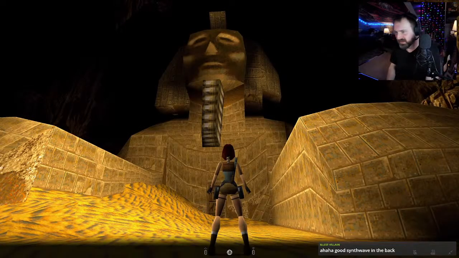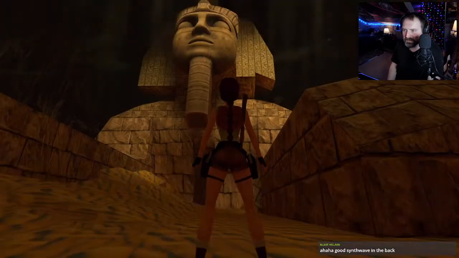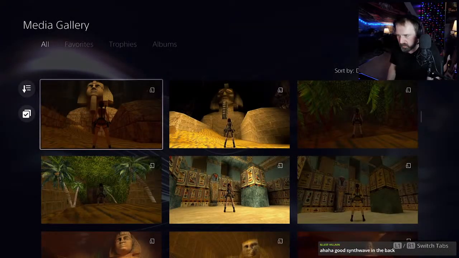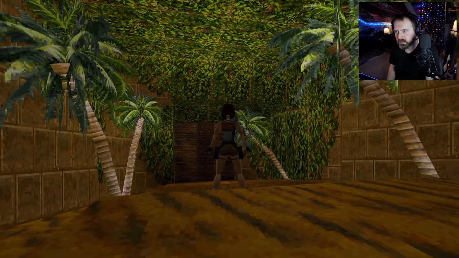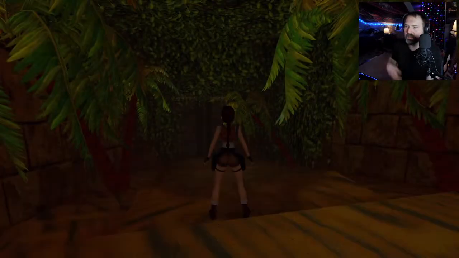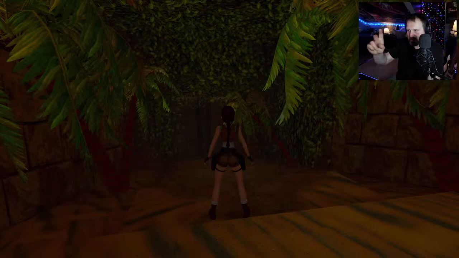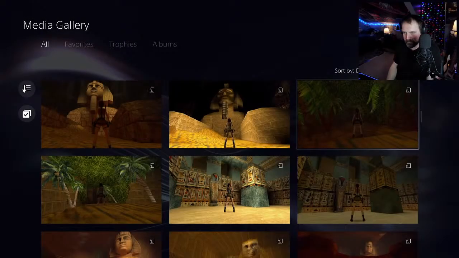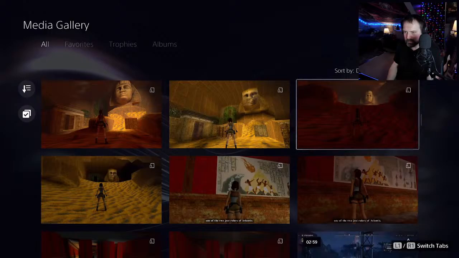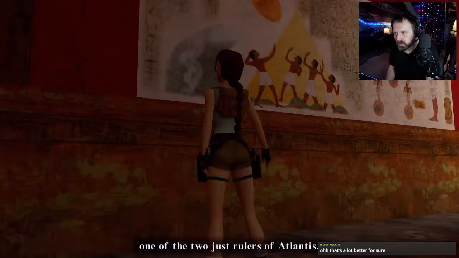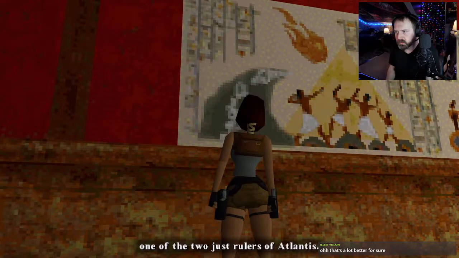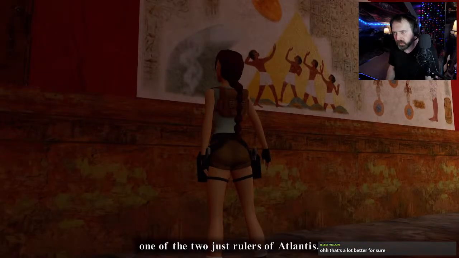You got the Sphinx. There's the old style of it, and then they redid that too. So apparently I do have more. The vegetation is a big difference too. Like there's the old, everything's kind of flat, and then they made it much thicker, and it actually has depth to it and everything, which I thought was pretty cool. And they cleaned up the pictures on the walls and stuff like that. It's kind of hard to see, but they really cleaned that up a lot too.